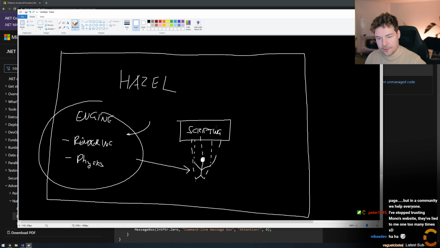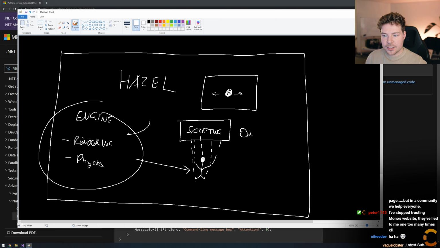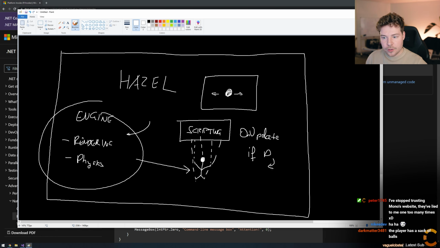I mean, think of it this way. If you have a character inside your game, maybe some kind of ball, and you want it to move right or move left, well then what do you do? Inside the script's onUpdate function, or whatever it's called, you might want to say that if I press the D key to go that way, maybe I add some kind of force to the rigid body that's on this, and I say, hey, go that way.